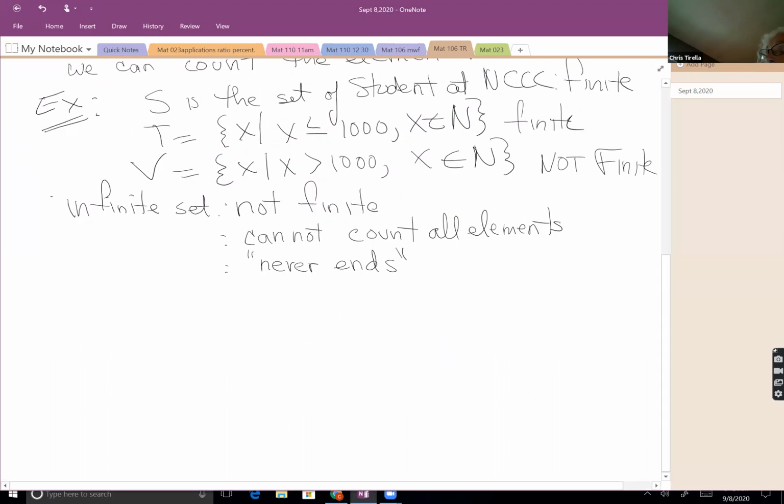There are a couple in the homework where you might run into very large sets that some people see as shades of gray, but Mr. Blitzer does not consider them infinite. So let's say, for example, G is the set of blades of grass in my lawn. And that set is actually considered finite